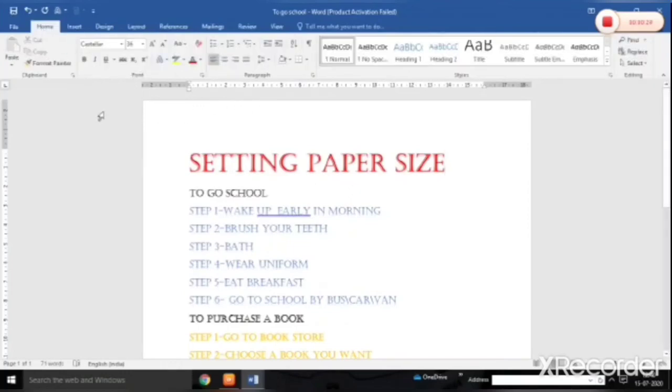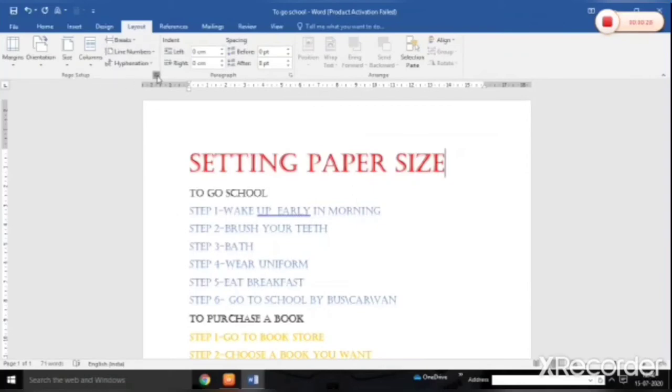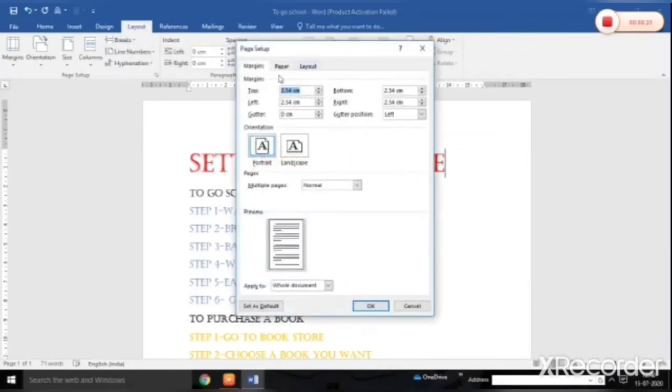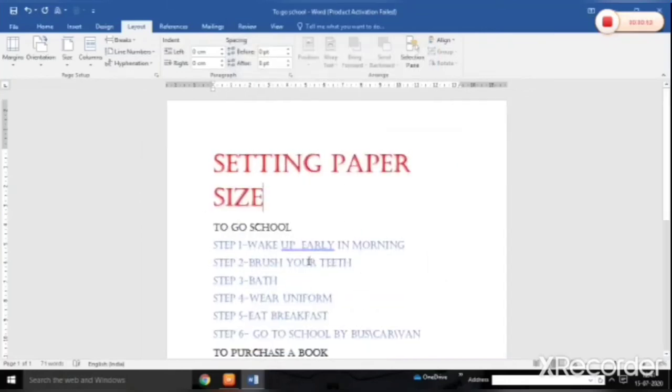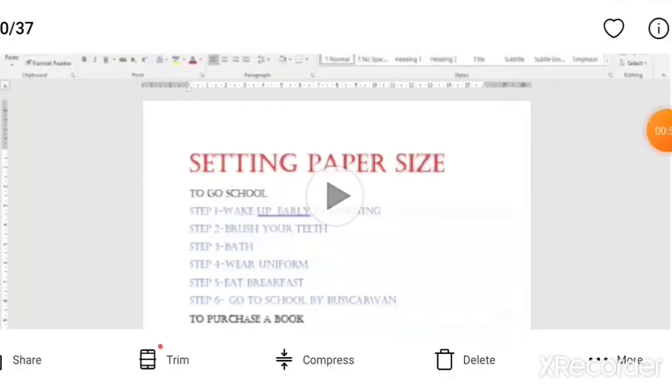Now there is one more setting. For this you have to go to layout, page setup group, dialog box launcher. You can see here. Then go to the paper tab, and on the paper tab you can see there are many options available. We will go to the paper size option. I will show you at the top. You can see this is paper size. There are many types. Select any type according to your choice. I am choosing the type executive and just click OK. You can see the paper size has changed.